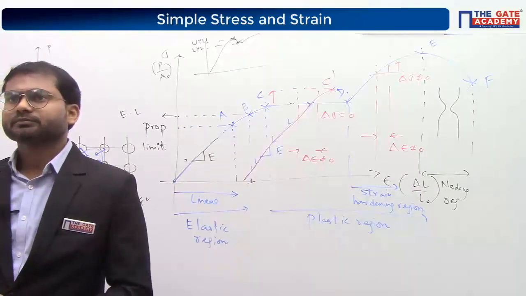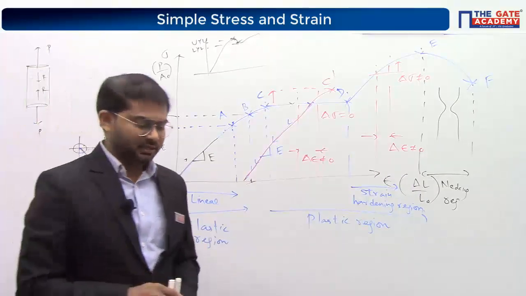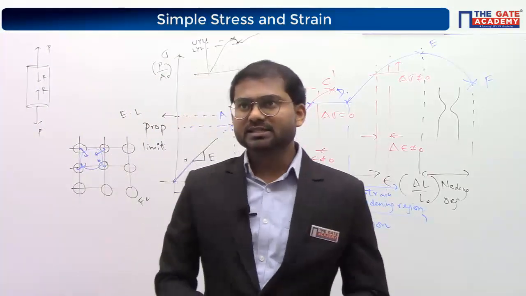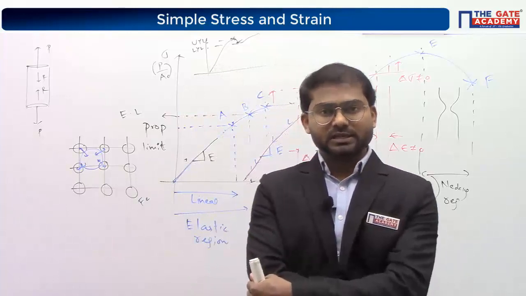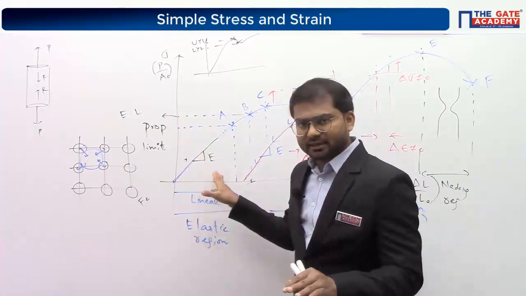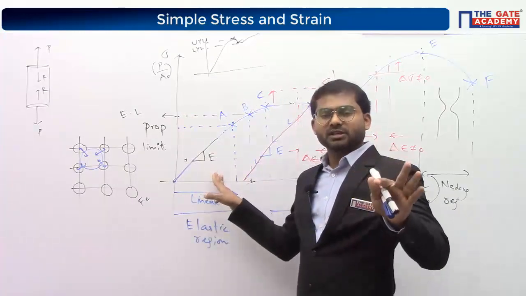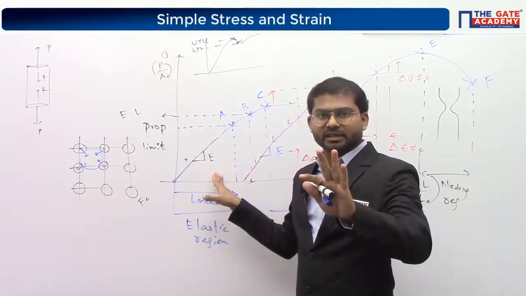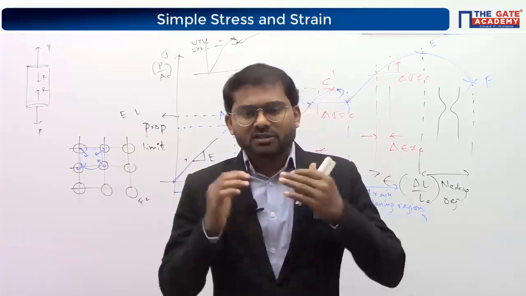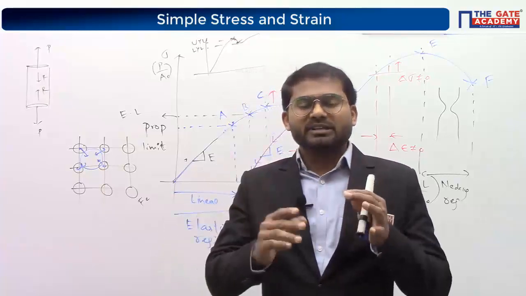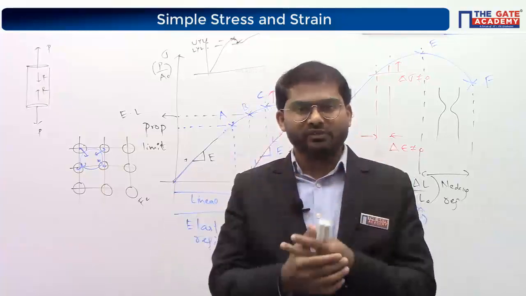Clear? Roshan? Manoj Shendre is asking a very valid question: is this diagram for aluminium? Very good question. Listen here, everyone. This is not the diagram for aluminium, nor for mild steel, nor for any other ductile material. I'm just drawing the ideal curve, because materials give a little bit of deviation from ideal behavior.